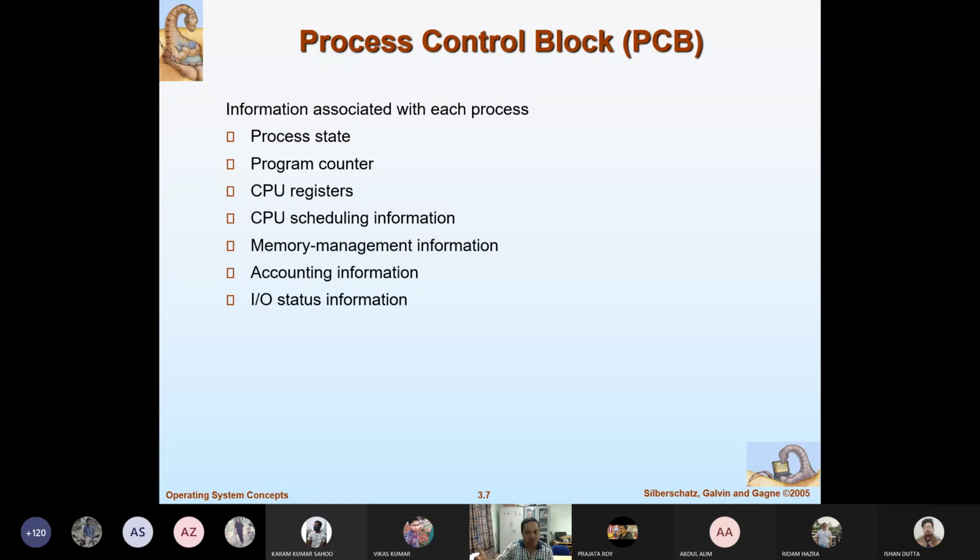Now there is some information in that personal file which gets modified in each semester. There is some information in that personal file which is fixed throughout your life. For example, your name, your parents' name, your date of birth, your registration number, your roll number, these are some fixed information. But